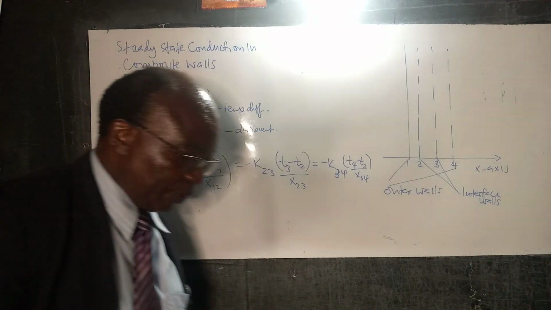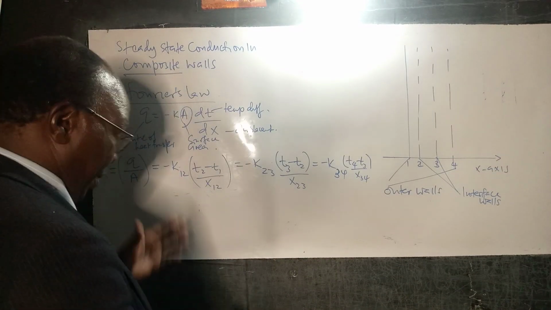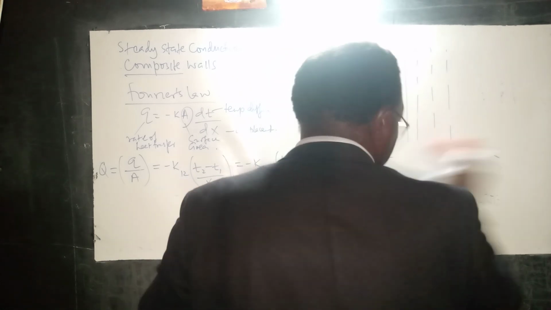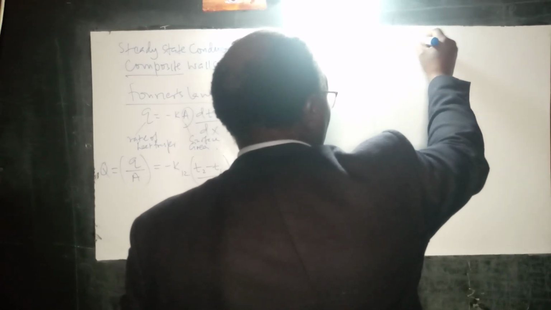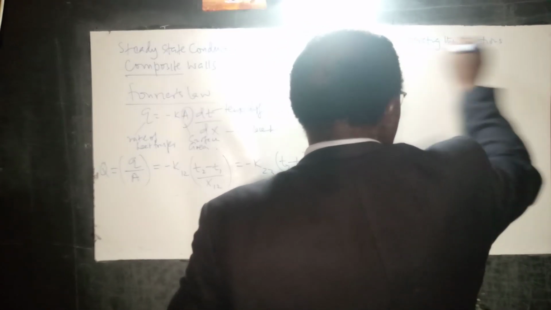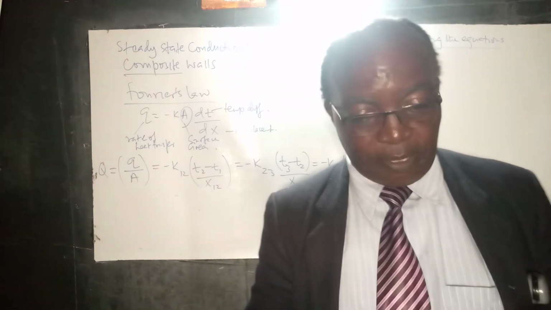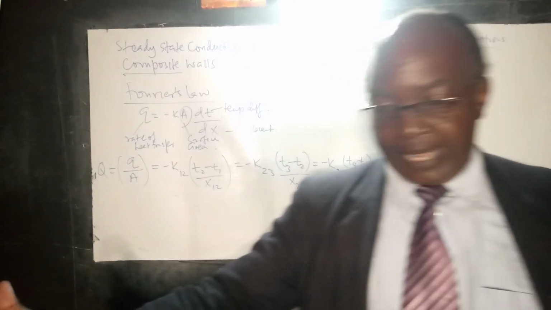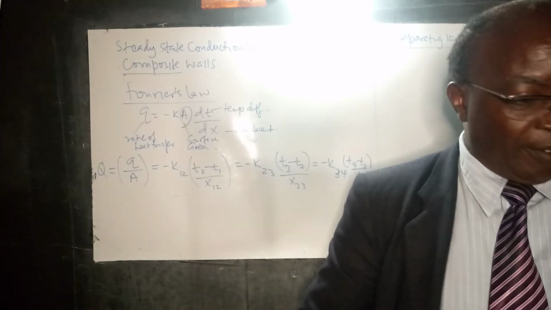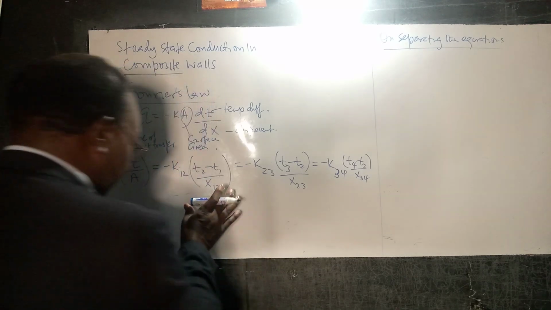So if we separate these equations individually, then we come up with a number of equations. Always don't forget, we are dealing with a composite wall of different materials, and we have those interfaces which we have called 1, 2, 3, and 4. 1 and 4 are outside, 2 and 3 are in interface with the other walls. Now, if we split these equations,